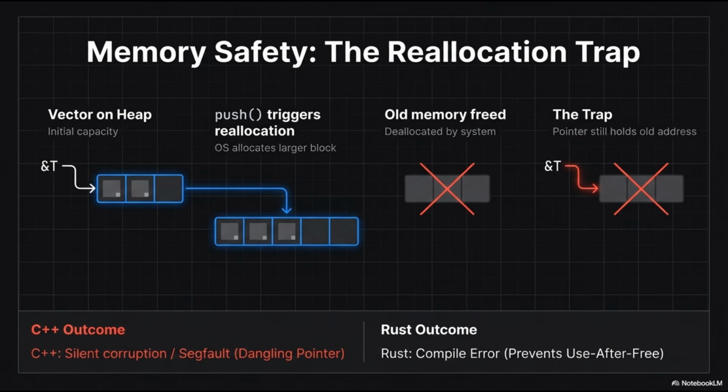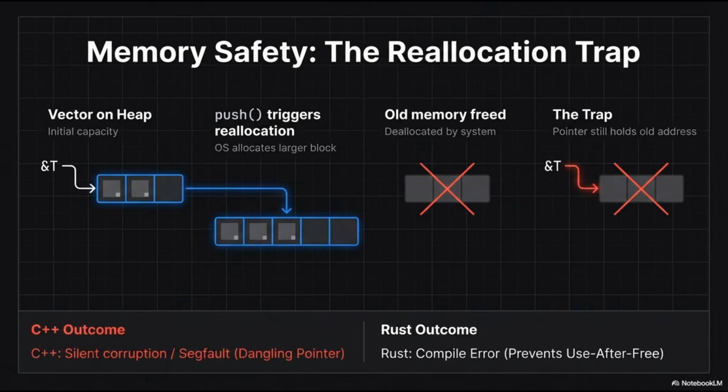Okay, I understand the why now, but does the compiler really have to lock me out for the whole function block? What do you mean? Like, what if I'm done using that first reference on line 10, but my function doesn't end until line 50? Does that mutable lock just sit there paralyzing my code for 40 lines? Because that sounds